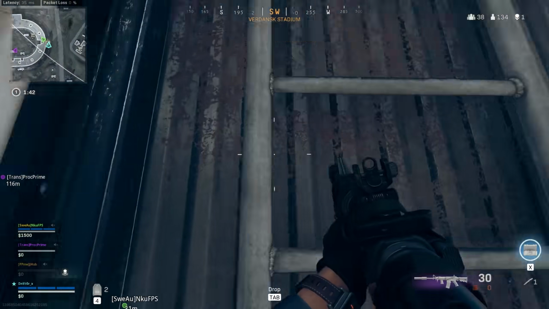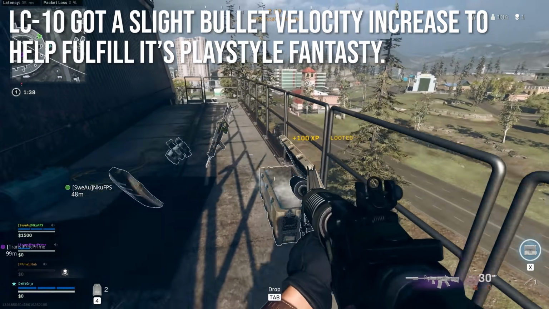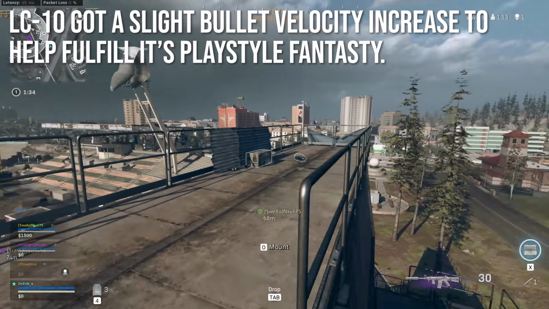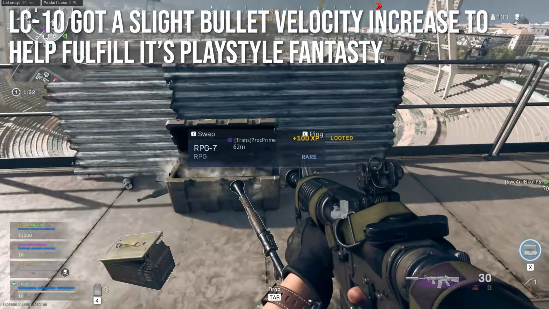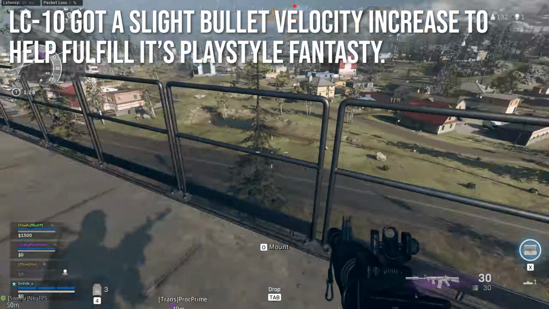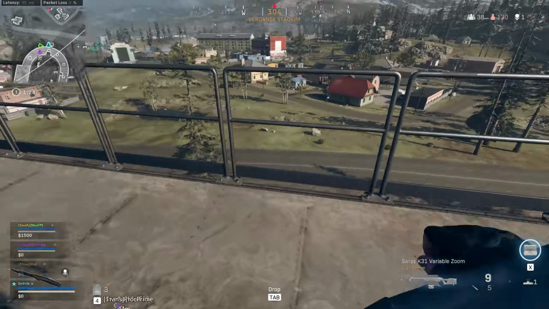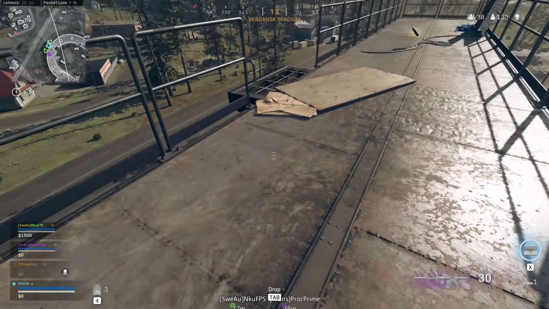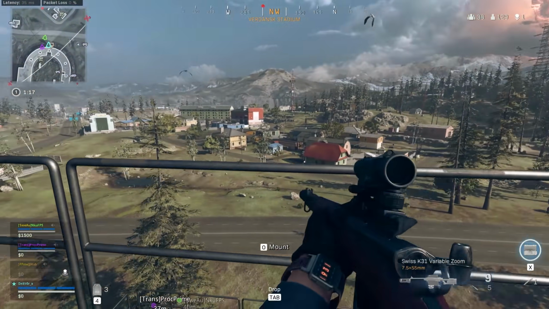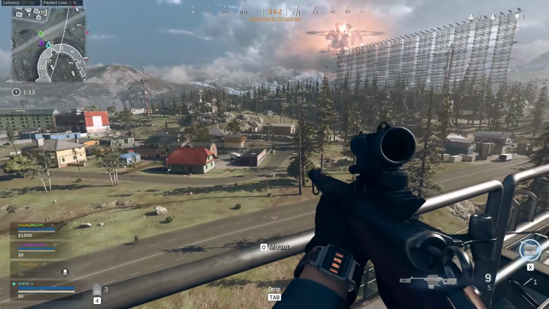If we're going to talk about fulfilling fantasies, the LC10 got a slight bullet velocity increase to help fulfill its playstyle fantasy as well. So the LC10 in Black Ops Cold War was this sort of MSMC-like long-range submachine gun hybrid weapon, but in Warzone it didn't really do that because it had just dumpy bullet velocity, so they picked that up a little bit, makes it a little bit easier to hit people at long ranges or longer ranges. It's still not a super long-range weapon, and just kind of helps fulfill its fantasy a little bit better